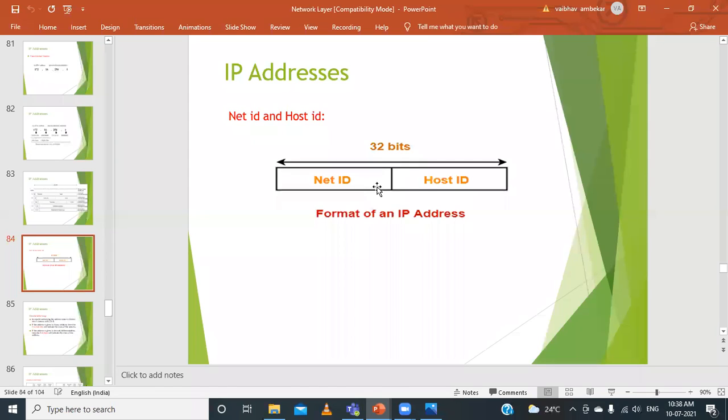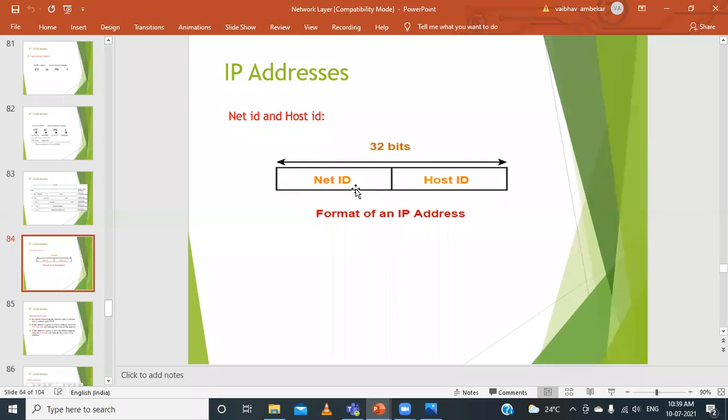How will the net ID and host ID be defined? The net ID is the common one, and the host ID is the information or number for an individual or specific host, or a specific device. We need to remember that IP addresses are always unique when you are connected to the internet, or universally unique. In some cases we can have 3 bytes of net ID and 1 byte of host ID. In some other cases we can have 2 bytes of net ID and 2 bytes of host ID,